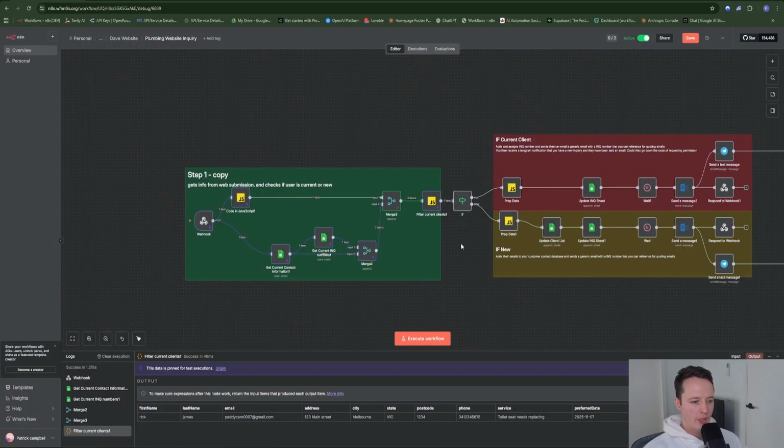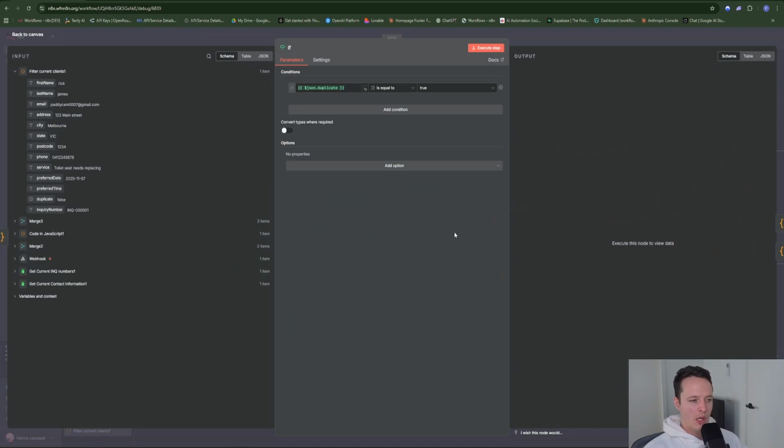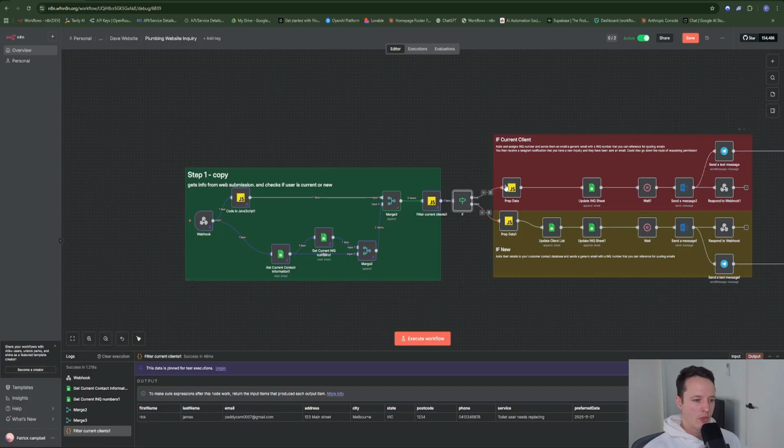So we'll pin that too, and then what we'll do is we'll come into this if node here. So all this is doing is literally checking if this parameter here is equal to true. If it's equal to true, it will go down one pathway. If it's equal to false, it will go down another pathway. So essentially, the 2 pathways that we have here is